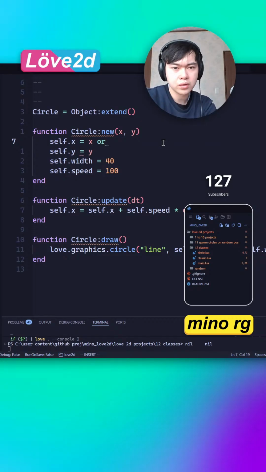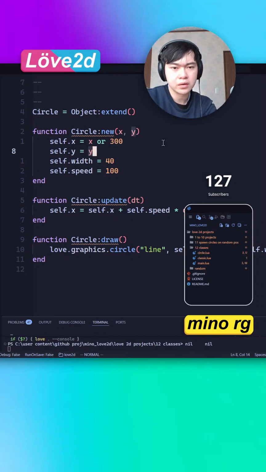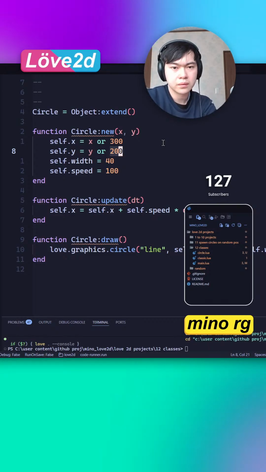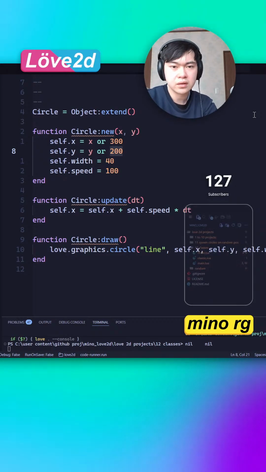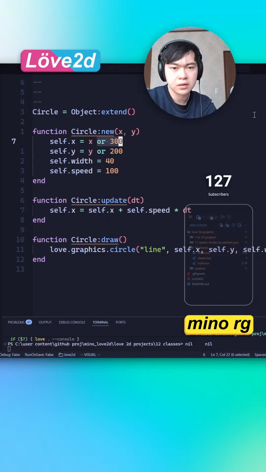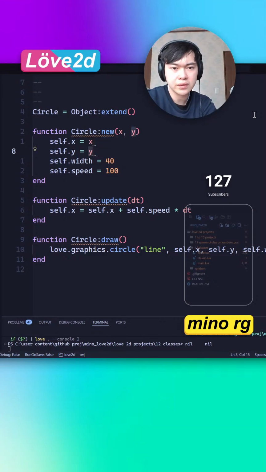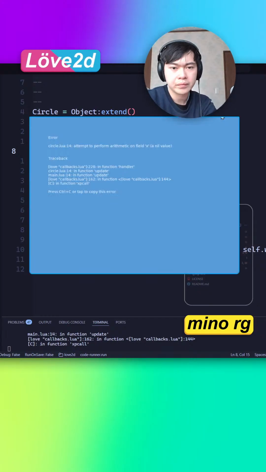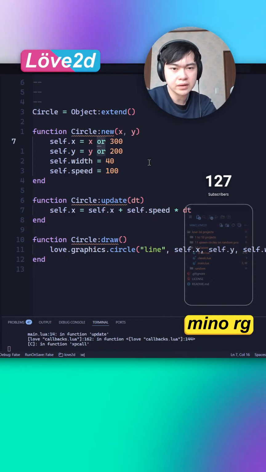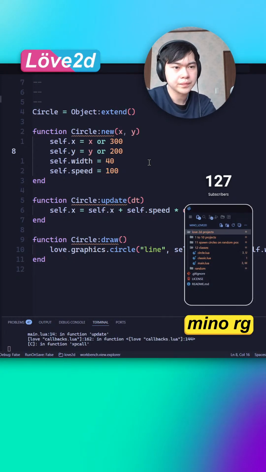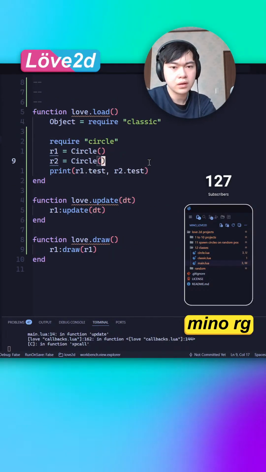You can put the or keyword and then put something here like 300 or 300, 200. So if I run this, it still runs, but if I don't put these, I feel like it won't run. It's gonna give us an error, I think. Yep, it's gonna give us an error. So it's best practice, if you haven't defined the things yet, you should put or